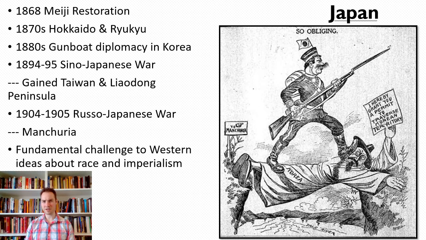It sent a sort of shockwave through Europe that there were these other people out there with strange race, strange religion, that were able to beat white Christians at their own game. And this was really disturbing for a lot of Europeans. The intersection of race and imperialism was critical to their explanation for why Europe was on top, or how they were superior. And Japan really challenged that.